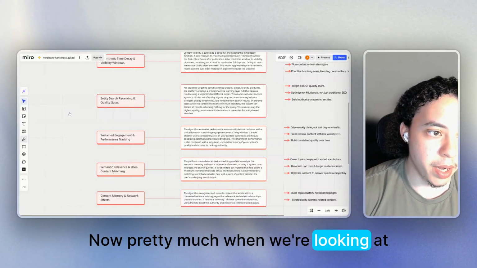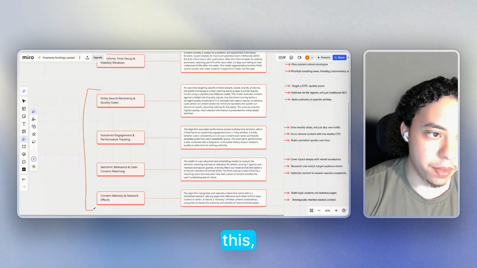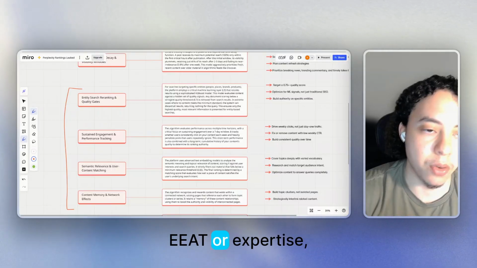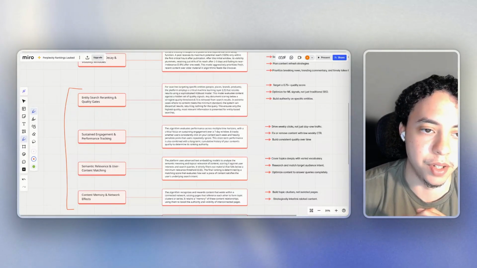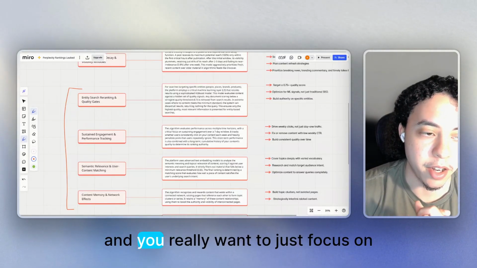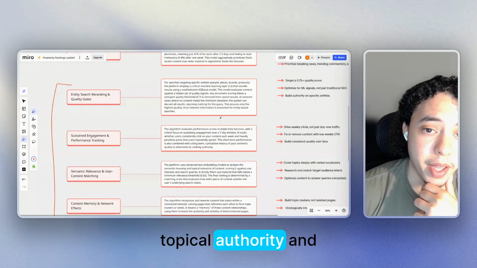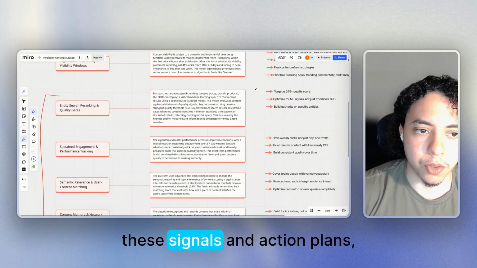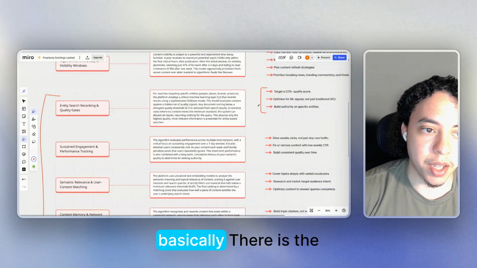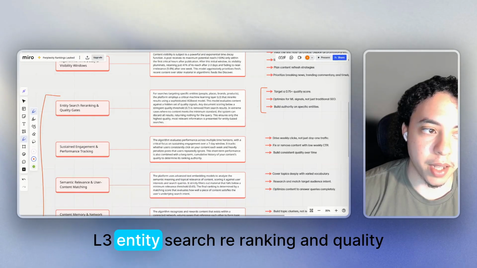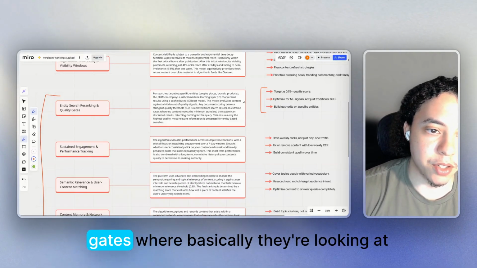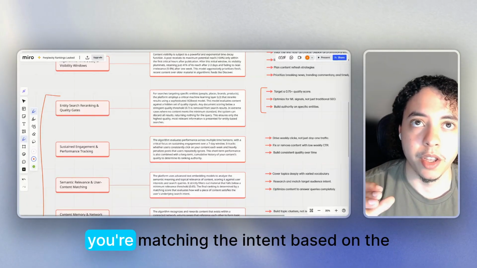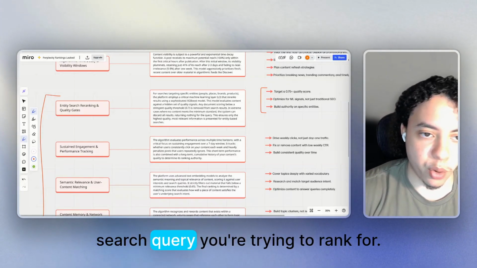Now, when we're looking at this whole section right here, all of this is basically referring to EEAT, or expertise, experience, authoritativeness, and trustworthiness. You really want to focus on topical authority and content quality score. So when we're looking at these signals and action plans, there is the L3 entity search re-ranking and quality gates, where they're looking at this threshold of the quality and how you're matching the intent based on the search query you're trying to rank for.